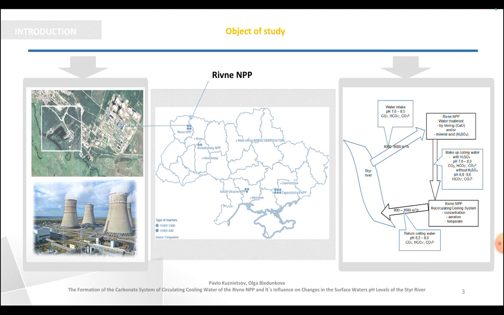Rivne NPP has 4 power units, installed power 2835 megawatts. CCS includes water treatment in which they carry out the following: liming and stabilization treatment with phosphonate and sulfuric